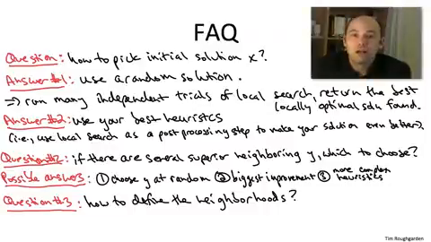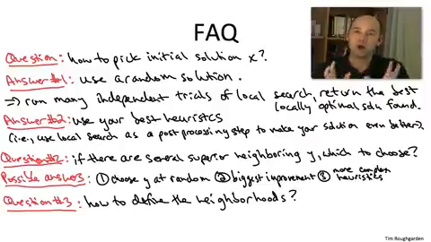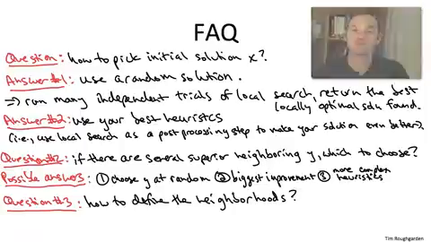The good news about enlarging your neighborhood size is that you're going to have fewer local optima. And in general, some of these local optima that you're pruning are going to be bad solutions that you're happy to be rid of. If you look back at the example I gave you in the previous video that demonstrated that the simple local search for maximum cut can be off by 50%, you'll see that if we just enlarge the neighborhoods to allow 2 vertices to be swapped in the same iteration, then all of a sudden, on that 4-vertex example, local search would be guaranteed to produce the globally maximum cut. The bad locally optimal cuts have been pruned away.